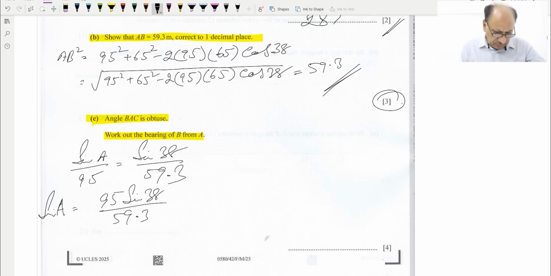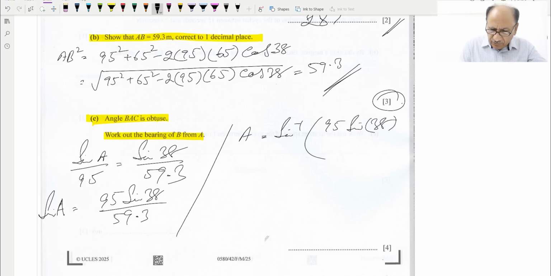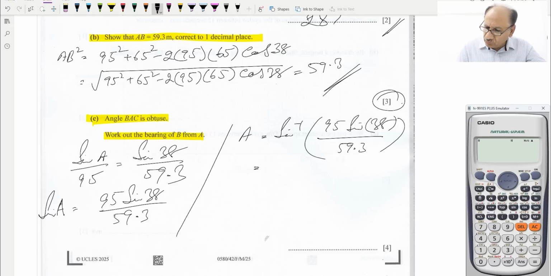Further, we can write A is equal to sine inverse of 95 sine of 38 divided by 59.3, and we will insert everything in the calculator. Shift sine, then 95 sine of 38, over 59.3, and the bracket will be closed, and this is equal to